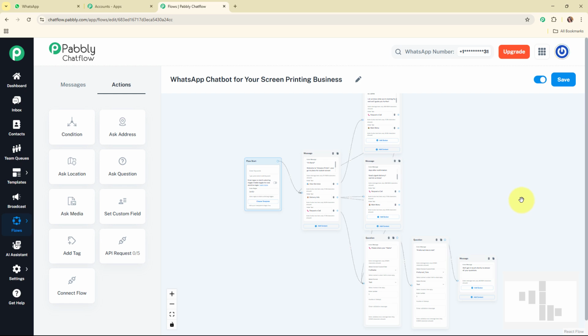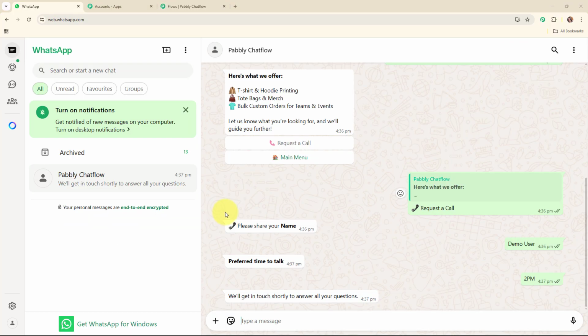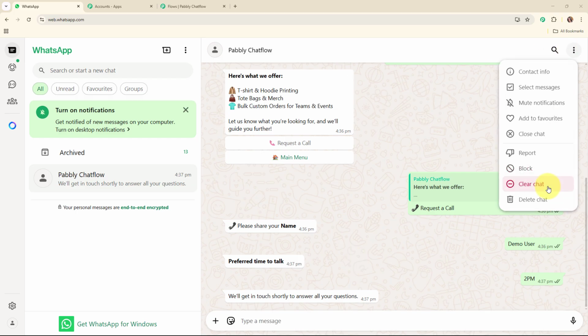And now after creating the entire WhatsApp chatbot, we are going to save our flow first. So for that, we are going to click on the save button, and it says flow updated successfully. Alright, so now after saving the flow, we are going to test this flow once again by simply sending a WhatsApp message to our WhatsApp chat. Alright, so let's go to our WhatsApp again. So this is my WhatsApp account, and let me clear the chat to start from scratch.